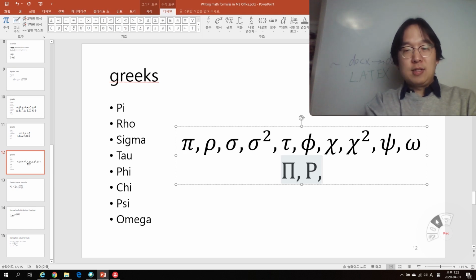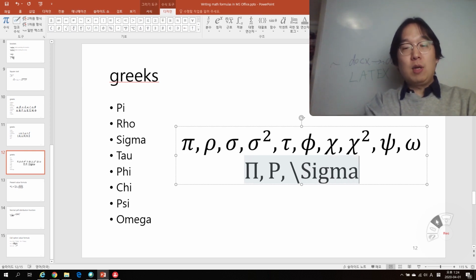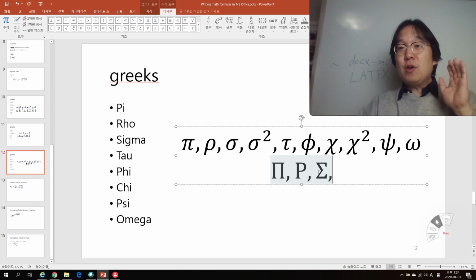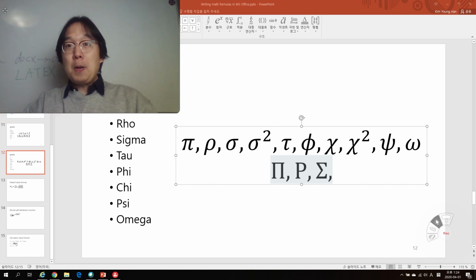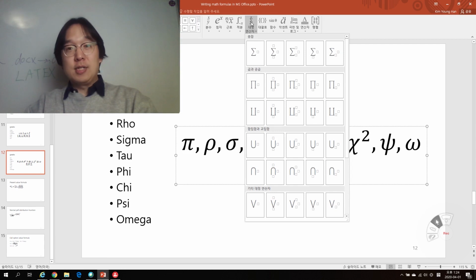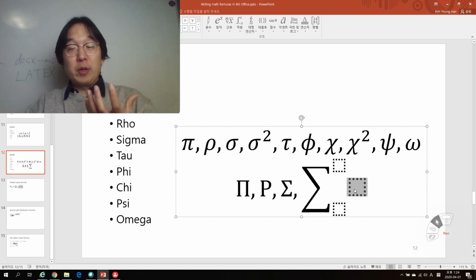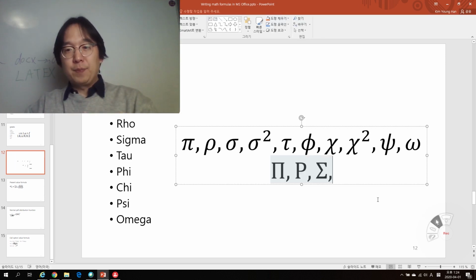Okay, so it seems more like P, interesting. Okay, backslash sigma, what do you think it will become? It's this guy. Seems familiar? Yes, summation of the sequence, right? Summation of the sequence. Actually, summation of the sequence, you can use this, right? And use this formula, okay? And then beginning value and ending value, and then periodical cash flow going on over here. We're going to use this one later, okay? Now,